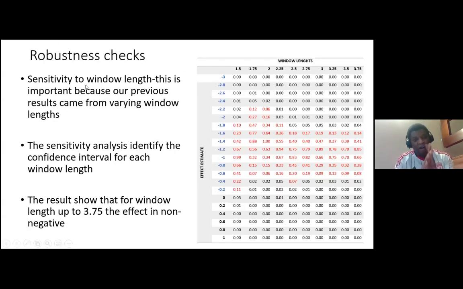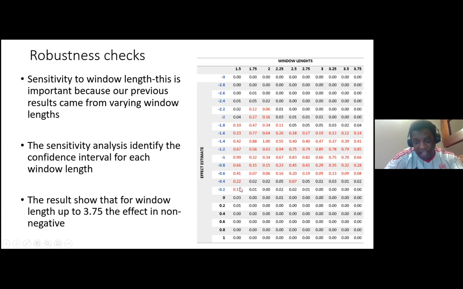For that robustness check, because in each estimation we disaggregate the data, and we have different windows where we estimate the treatment effect, we check the sensitivity of the estimate to the choice of the window. This analysis is actually suggested by Calonico 2015, who introduced the method. On this column here, you have the effect estimate, and here you have the window